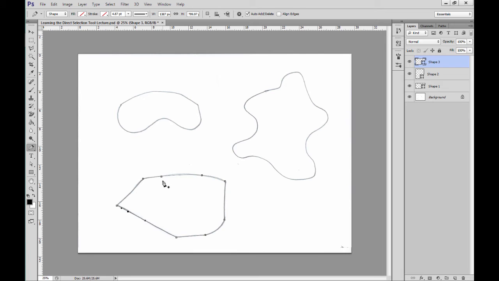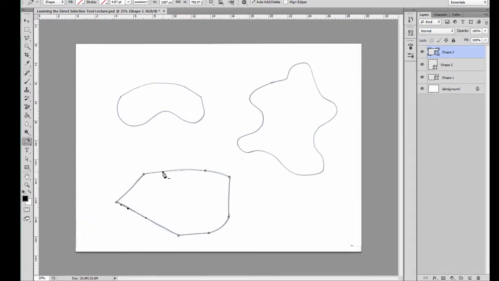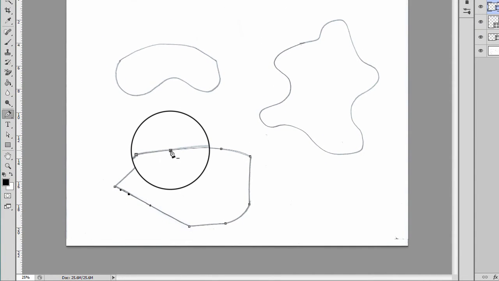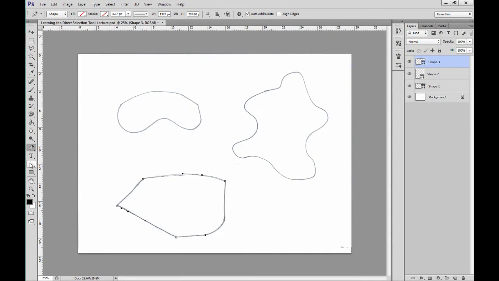How do we delete an anchor point? Remember, the Auto Add Delete box is ticked. Hover over the anchor point we want to delete and notice the minus sign beside the Pen tool. Click on the anchor point and it is now deleted. We can now select the Direct Selection tool again and finish off adjusting our shape outline, or path as is